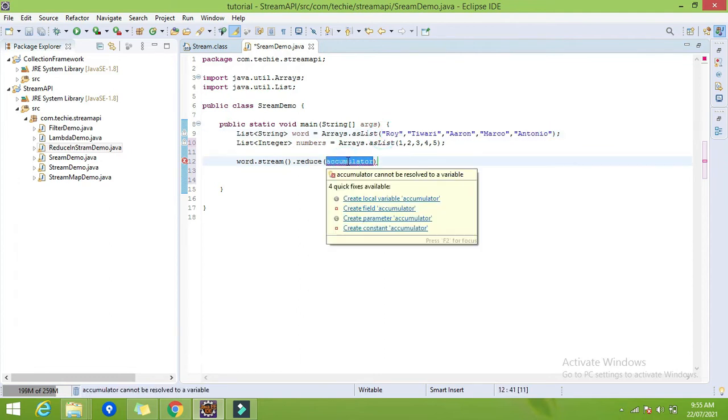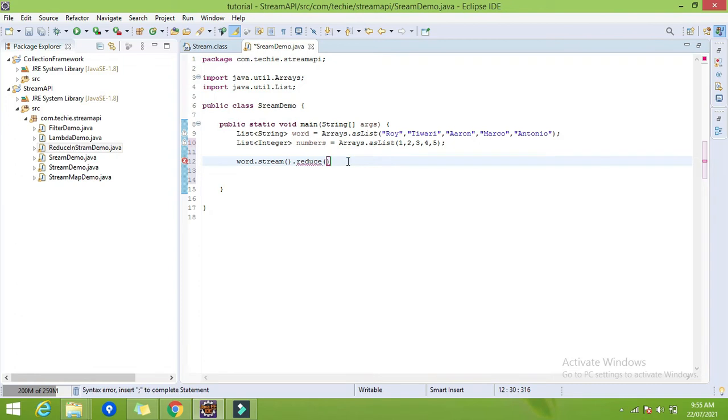So we have to pass the function. As I explained in lambda expressions, for the function just give the brackets. Then I want two parameters, as it is a binary operator we require two parameters. So I will give element1 comma element2, right? Now this is the declaration of the function.